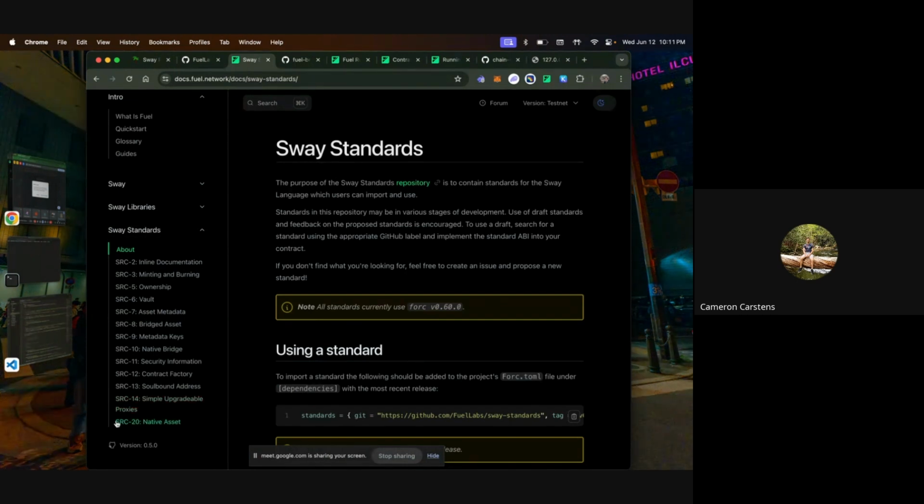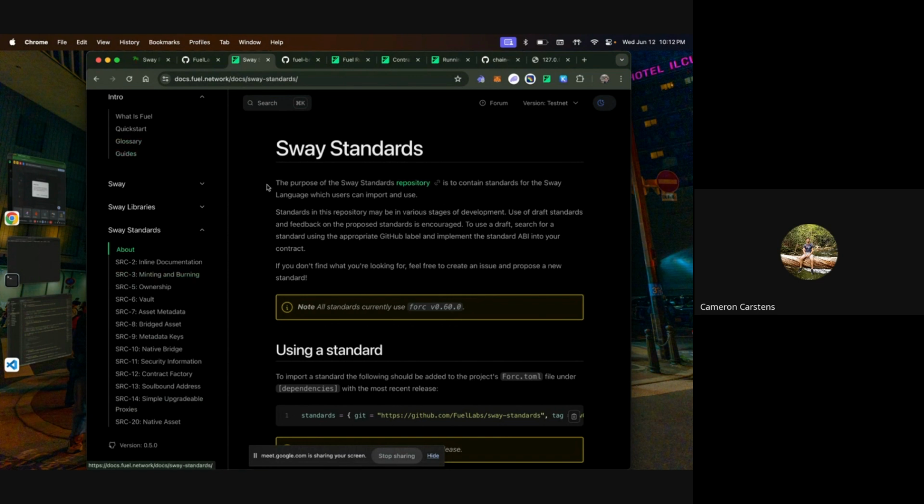There's quite a few different standards and something to make sure that you're using properly so that everything interacts correctly. There's a few different things here, such as upgradable proxies, the native assets, and ownership, which are really important, as well as anything that's touching assets like minting and burning.